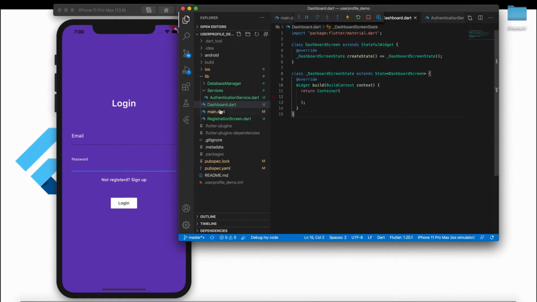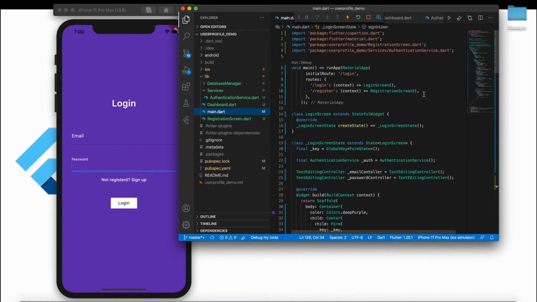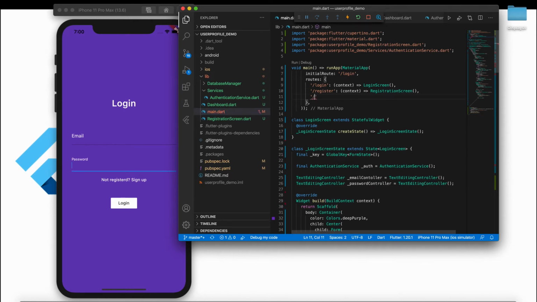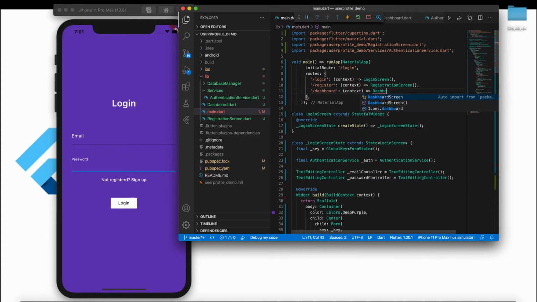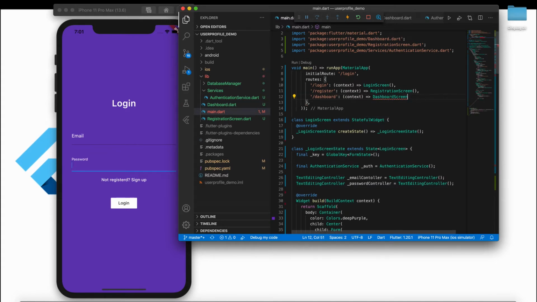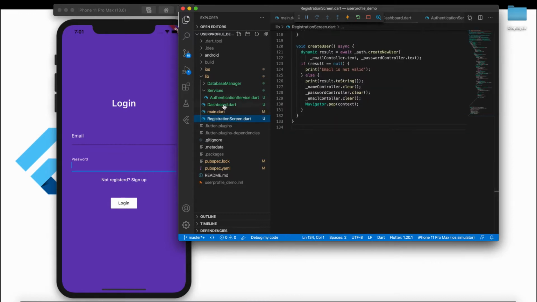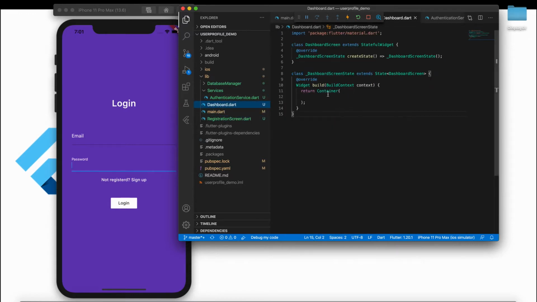Okay, go to my main, and here I want to create one more route, and I'll name it dashboard. Okay, I'm done with creating a dashboard screen, and I have routed it. And go to my dashboard screen here, and the first thing is,